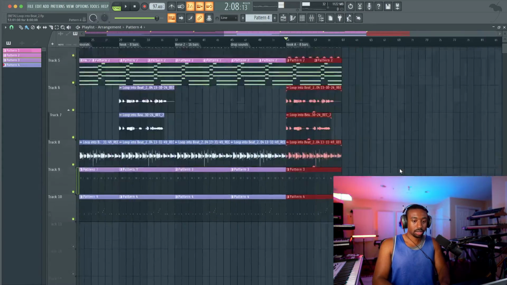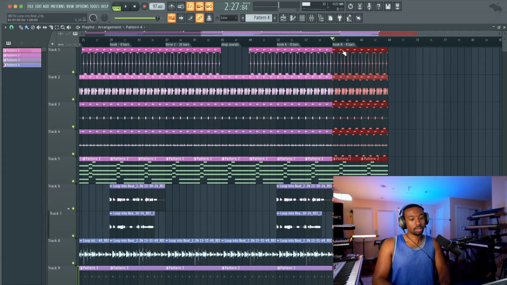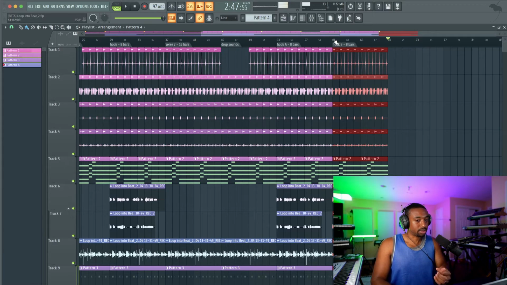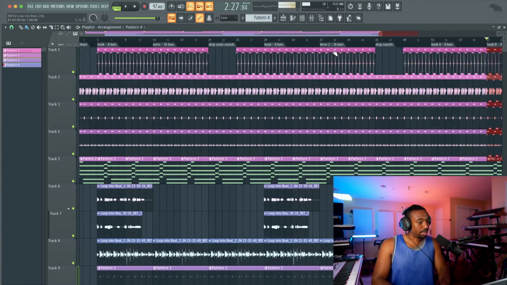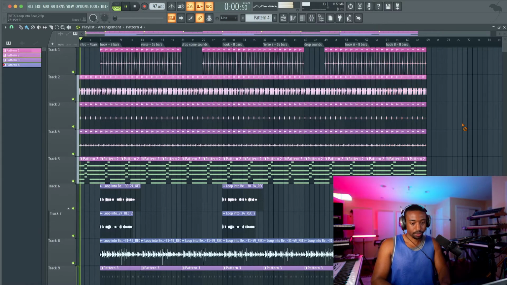Now the second hook usually has something changed about it, whether it's a sound dropout or something else. So it's 8 bars here. Okay, and then it usually fades from here. So now we're at 2 minutes and 50 seconds, which is pretty long. So 2 minutes and 30 seconds would be just the one hook and then out. The second hook extends it all the way to 2 minutes and 50 seconds. So this is an optional last hook right there. So that's how you arrange a beat from a loop all the way to a beat.